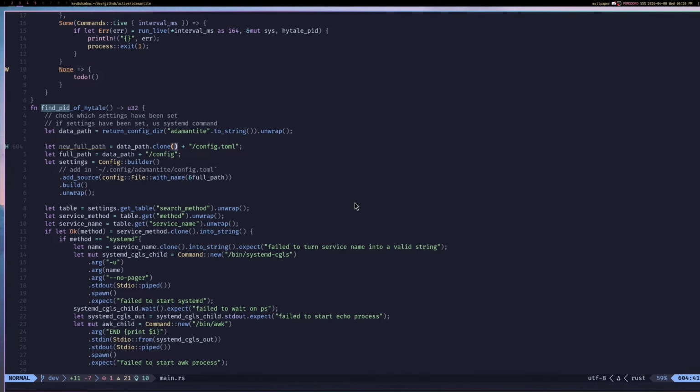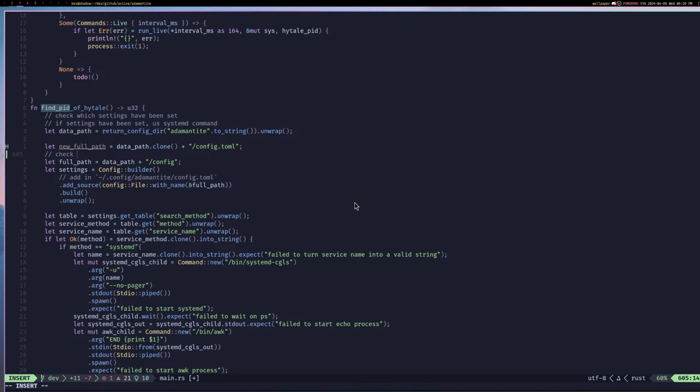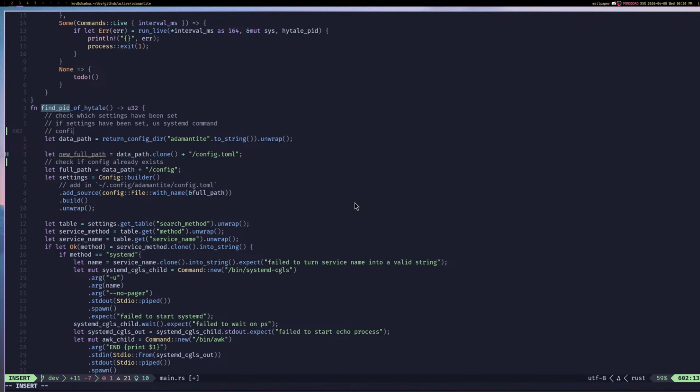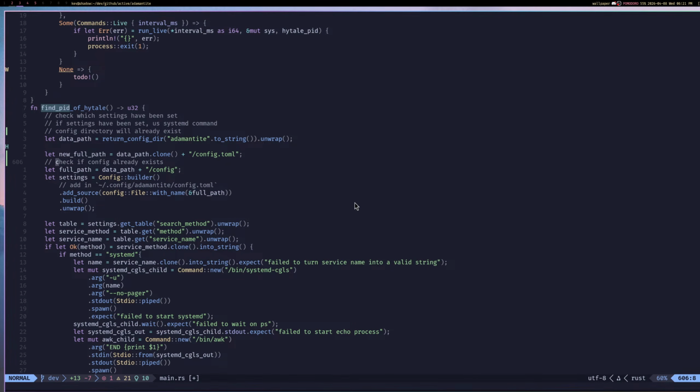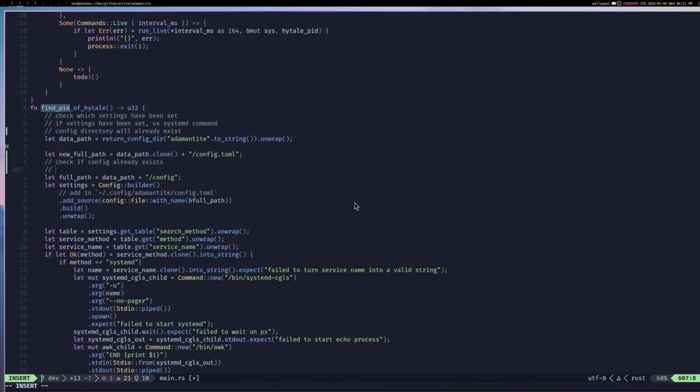Okay, so I will check if config already exists, because we are assuming that here the config directory will already exist, right? So we should only